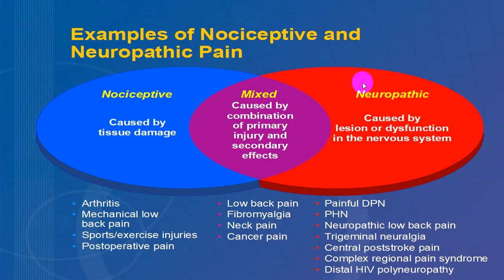So these are the two big groups: involvement of the peripheral nerves or central nervous system, and involvement of the peripheral tissue like skin, muscle, joints, etc. But there can be a combination of these two. Say a person has pain because of osteoarthritis of the spine, and simultaneously there is a compression of a nerve. So you can call that low backache, fibromyalgia, cervical radiculopathy, cancer pain, etc., where you will have an involvement of the peripheral nerve as well as involvement of the